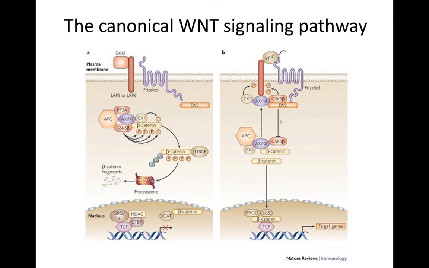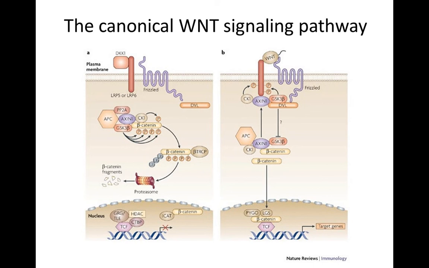And one of the things that we've known for many years in breast cancer is that this pathway, the so-called Wnt signaling pathway, is an important player in breast cancer biology. We are absolutely sure about this. The problem is we have no idea how. We still don't understand how it works. But all of the data suggest that Wnt signaling plays a role in stem cell biology. It certainly does in development. And probably it does in cancer biology as well.